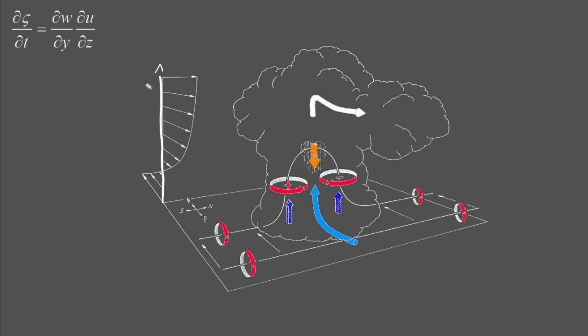The more you go up into the atmosphere, the height goes up, z. We have our x-axis here, which is the west to east wind, west to east. And we have our y-axis here, south to north, south to north. We also see here a wind profile, and this is actually the storm relative